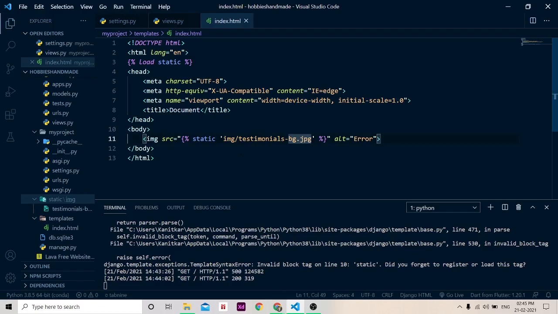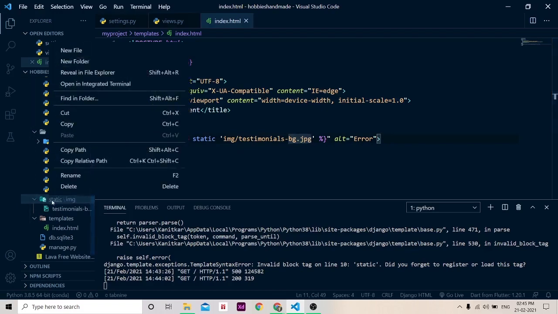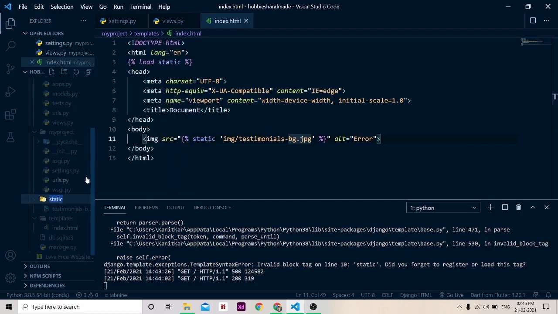But by using this static method provided by Django, we don't have to do this. Let's rename this static folder to assets.